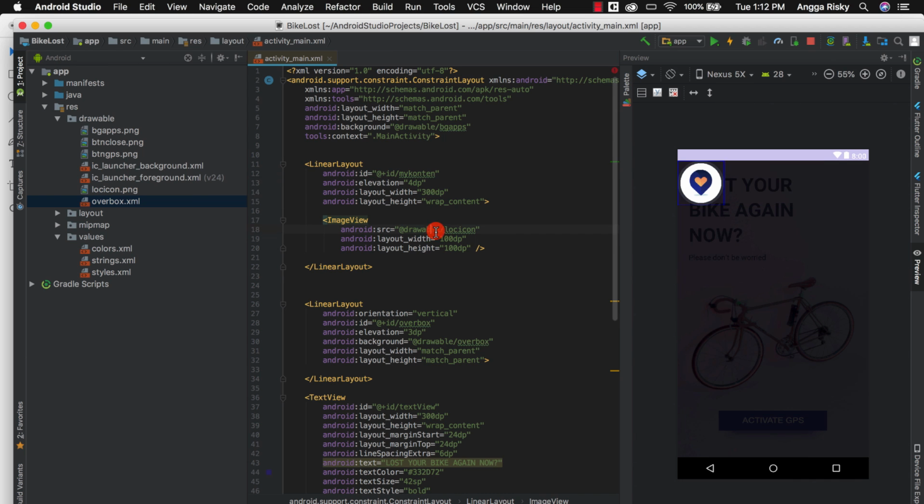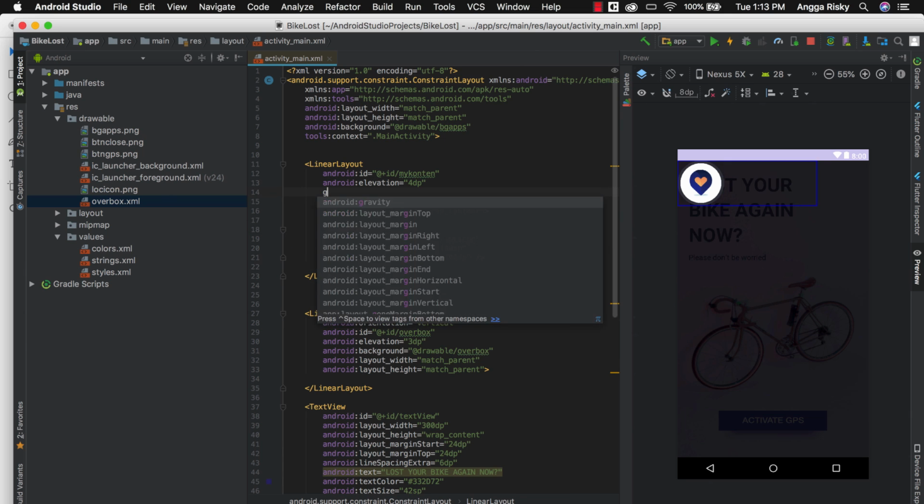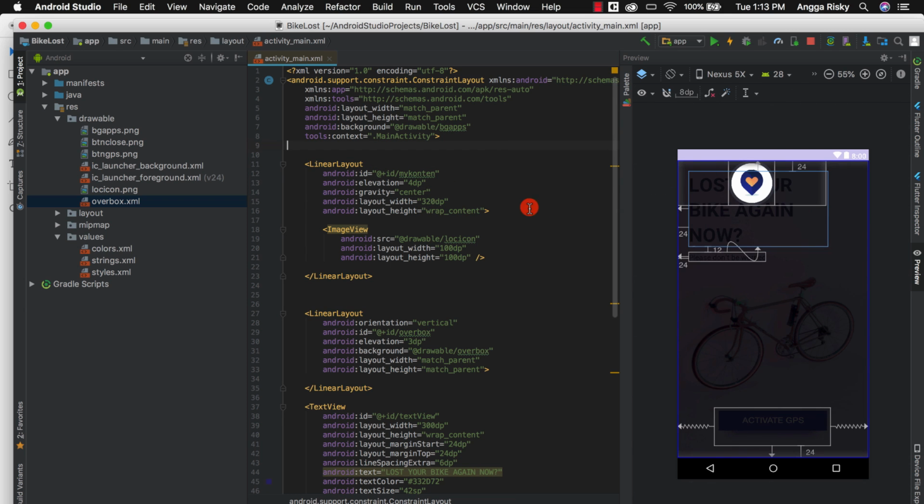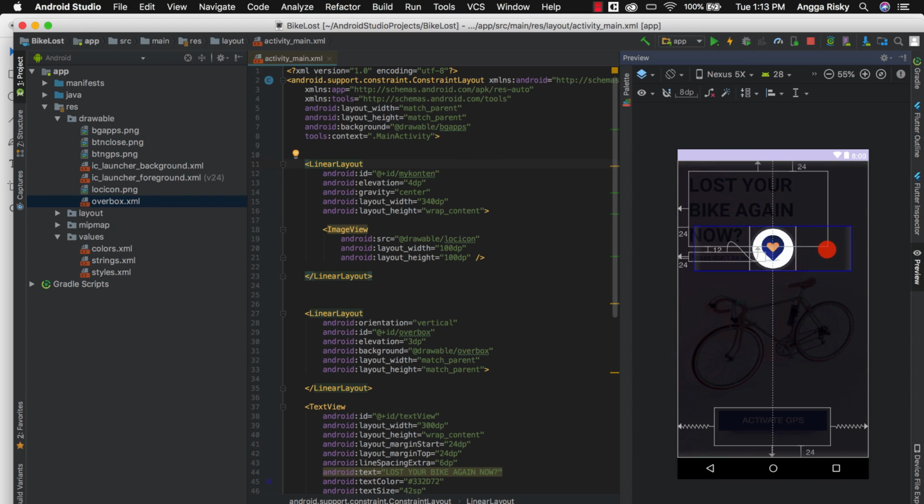Okay, and then after that you set the gravity center. Okay, and then for this linear layout I think I want to make it longer, 320, no, maybe 340. Yeah, then after that I'm able to make it to the middle.